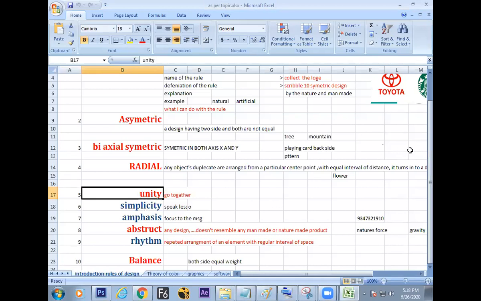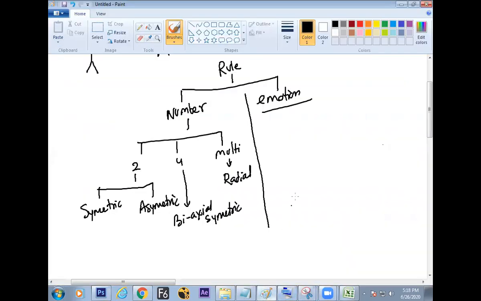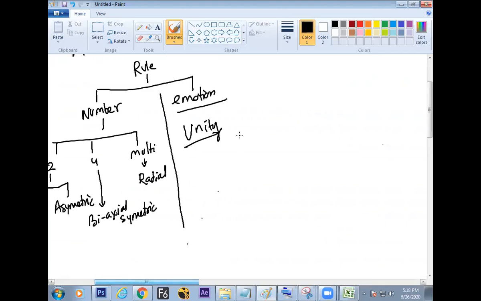Let us start with unity, and we can understand unity through examples. Once we start any graphic designing, be it a visiting card, brochure, leaflet, anything, this rule will be implemented there, knowingly or unknowingly.